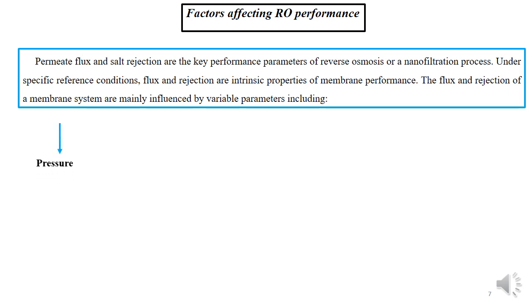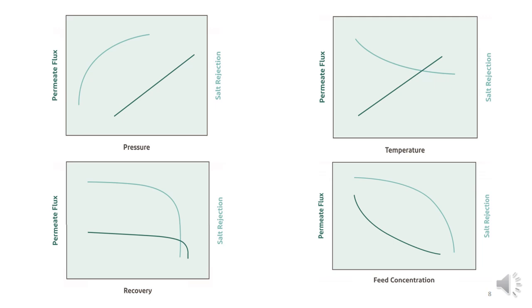Here we have several parameters that influence the specific energy consumption in a reverse osmosis unit, such as pressure, temperature, recovery rate, and finally the feed concentration. In the first figure, with increasing effective feed pressure, the permeate total dissolved solids will decrease while the permeate flow will increase. And the second,